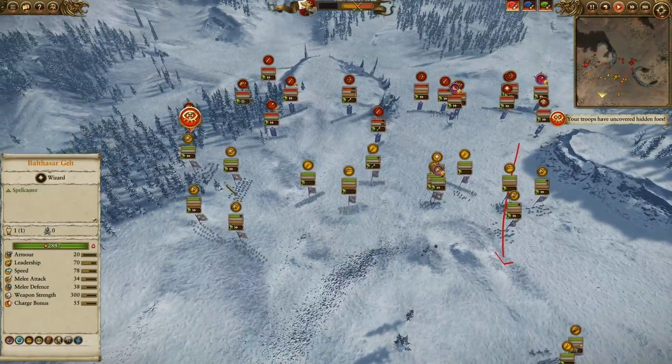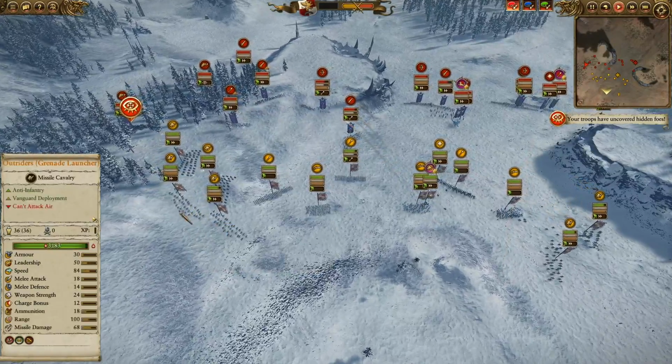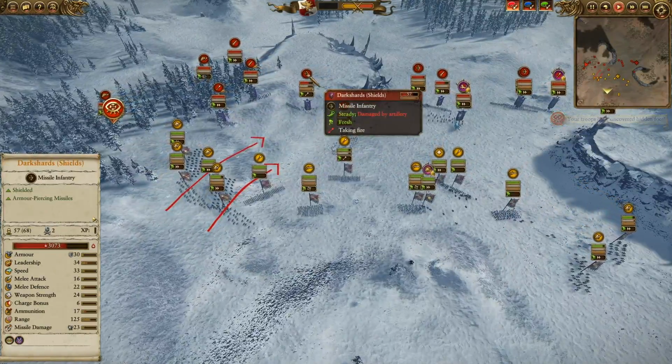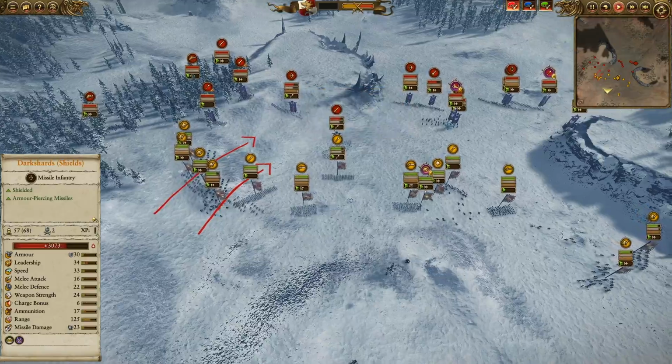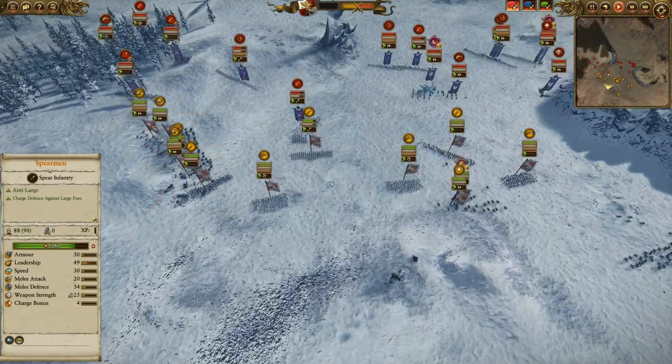The Knights of the Blazing Sun looking for an opportunity to get involved. They don't necessarily want to get tied down by these Dread Spears over here, and these Outriders with their grenade launchers pushing forth as well, hoping to provide some support. As these Dark Shards have taken a fair bit of a beating, they're going to be less efficient over time, and you can see these Bleak Swords pushing forward, maybe trying to dive into some of these Spearmen over here,